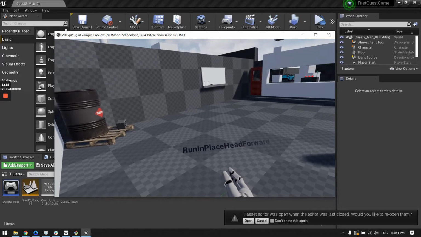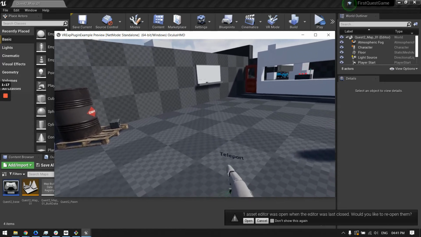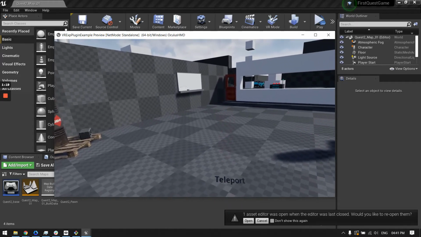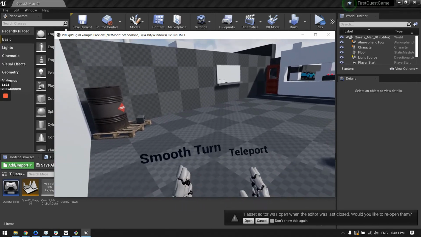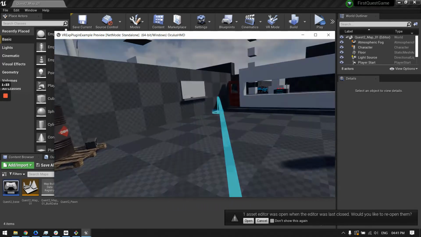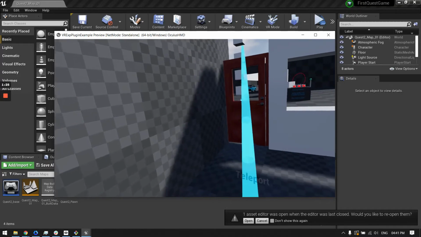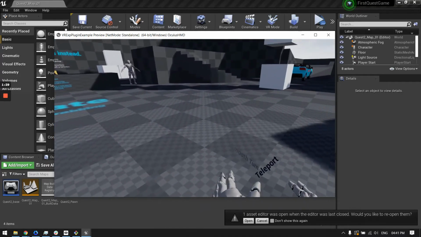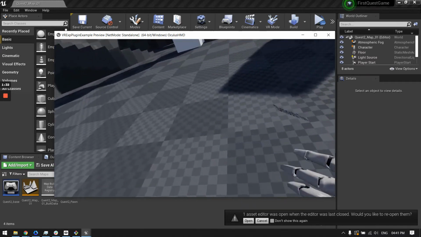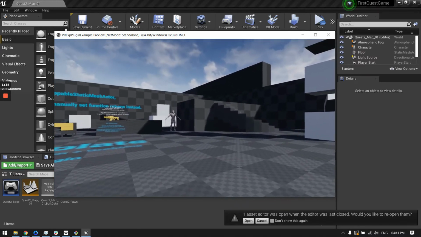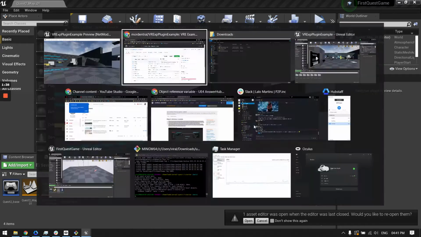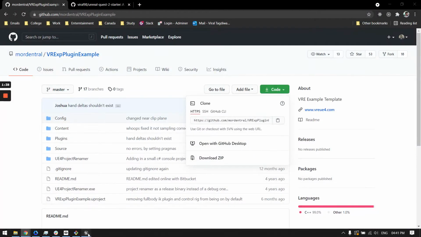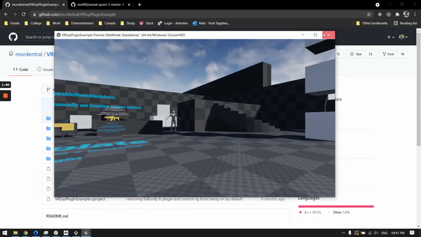You can also have things like teleport directly enabled, so it makes life a whole lot easier, and you can actually focus on simply writing business logic directly instead of having these things written in place. Especially when it comes to physics, nailing it down perfectly takes a whole lot of time. As a result, I highly recommend that you use the plugin.